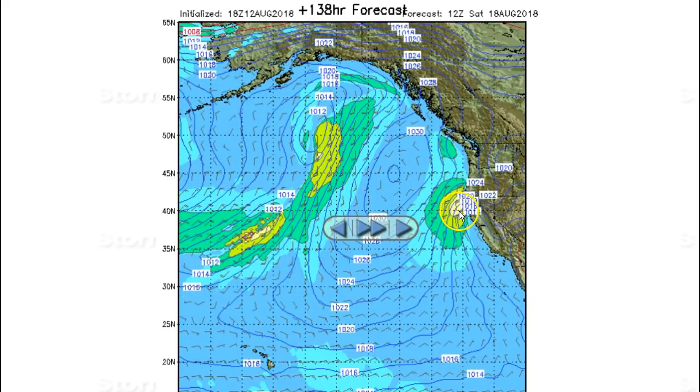Good solid gradient. Here we go. And local light winds, almost an eddy flow, probably south winds here. Also notice something trying to resemble low pressure out here. We'll keep an eye on that. No real trades relative to Hawaii in terms of wind swell production capability, but certainly wind swell by Saturday for